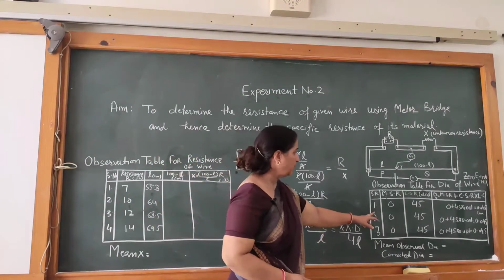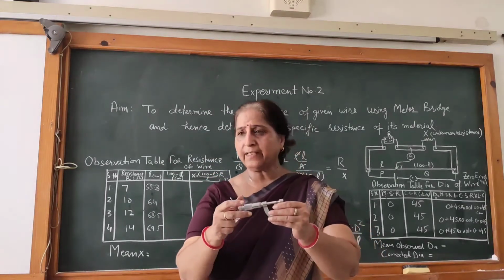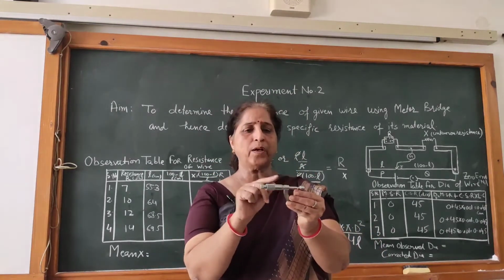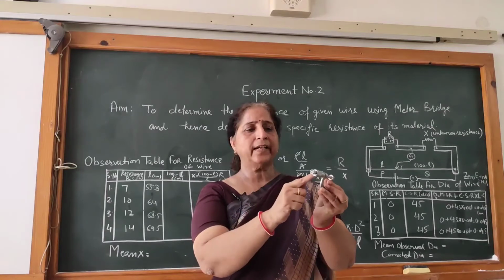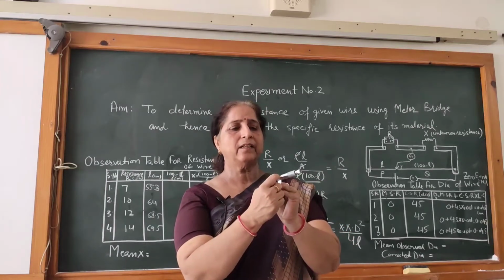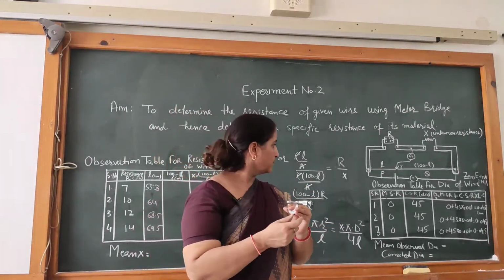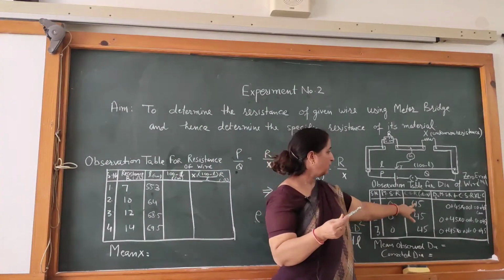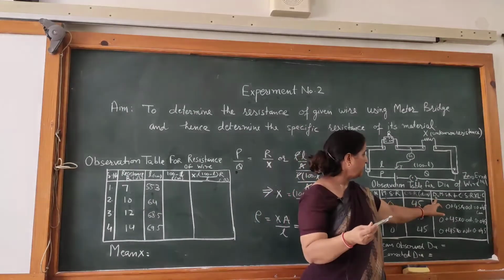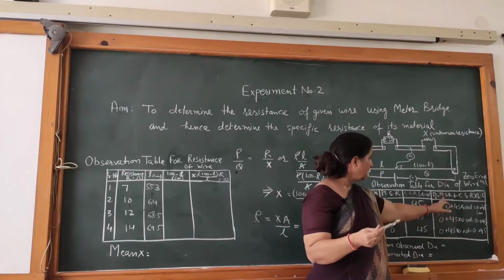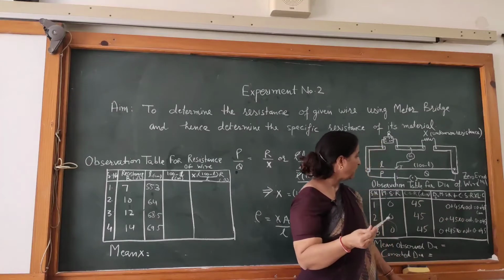Here in the table you can observe, suppose you take a wire, a thin wire, and insert it in between these two points, and then make the wire tight. Then you take the reading of the main scale and the reading of the circular scale at the reference line. Suppose on the main scale you get 0, and the circular scale division coinciding with the reference line is 45. For finding the observed diameter, you will use this formula: main scale reading is 0 plus 45 into least count 0.001. That will give you 0.045.